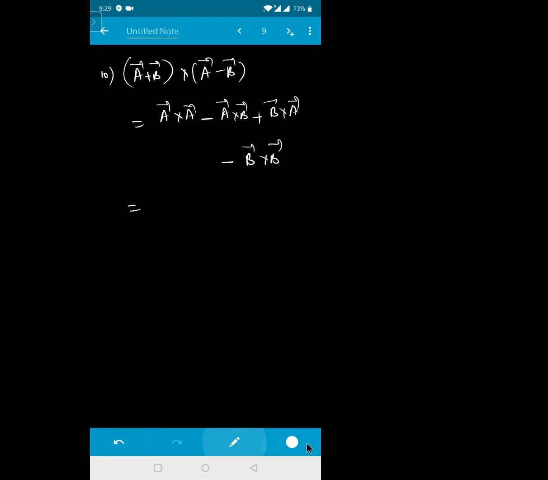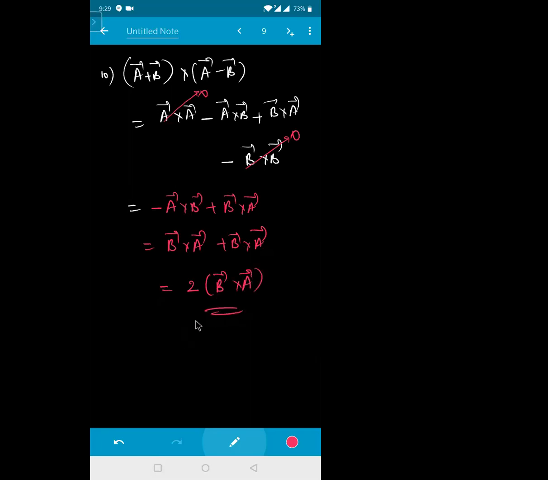That is equal to. You know that A bar cross A bar will become 0, isn't it? And B bar cross B bar is also 0 because theta value is 0. Sin 0 is nothing but 0. So now what am I getting right now? This one is minus of A bar cross B bar plus this B bar cross of A bar. So if I remove this minus, I can write this one as B bar cross A bar plus this one is B bar cross A bar. That means I can write this one as 2 times of B bar cross of A bar.